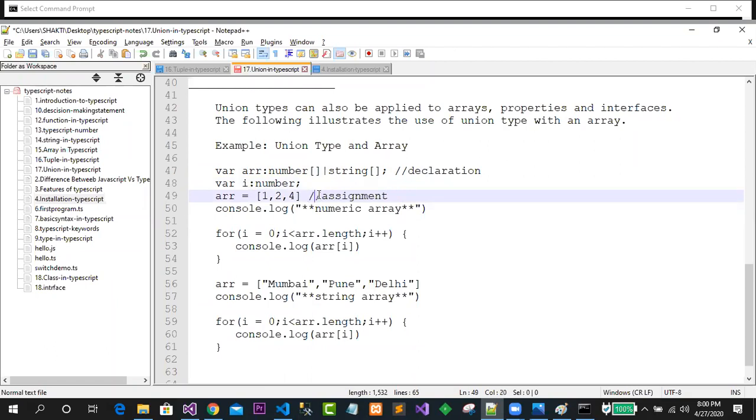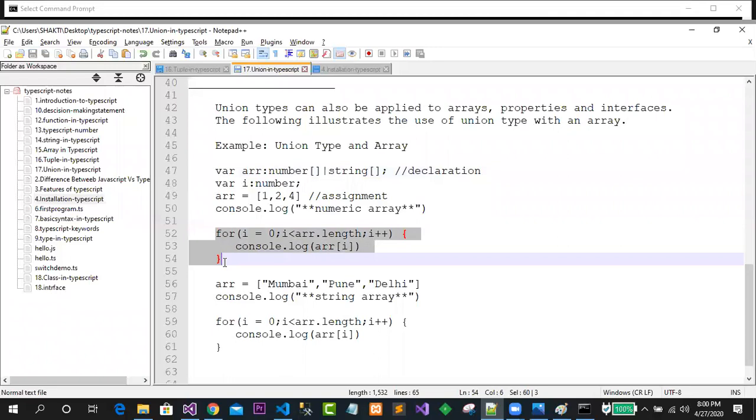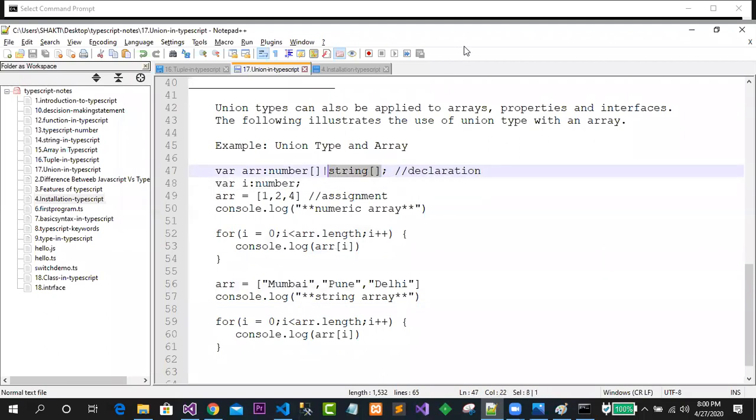We got a simple concept. What is the simple concept? This is the array that has now been initialized to ARR. It means that ARR is now capable of holding this kind of array, because this array is only taking number kind of values. Here it is being printed over here. But this array can also hold this kind of array, because it is supporting string kind of array. So what is the meaning of this?